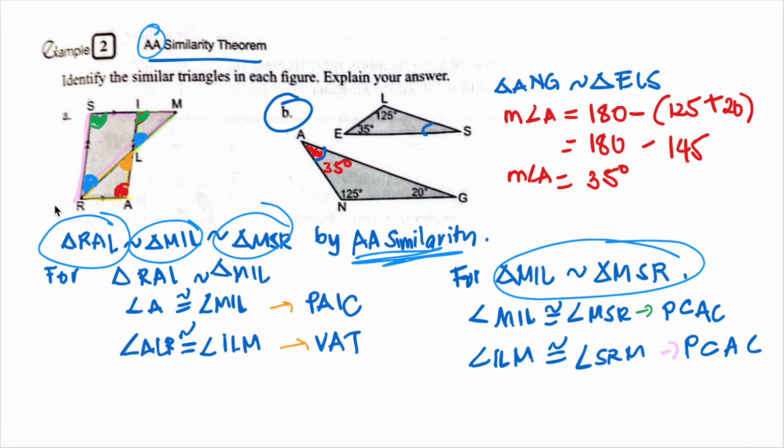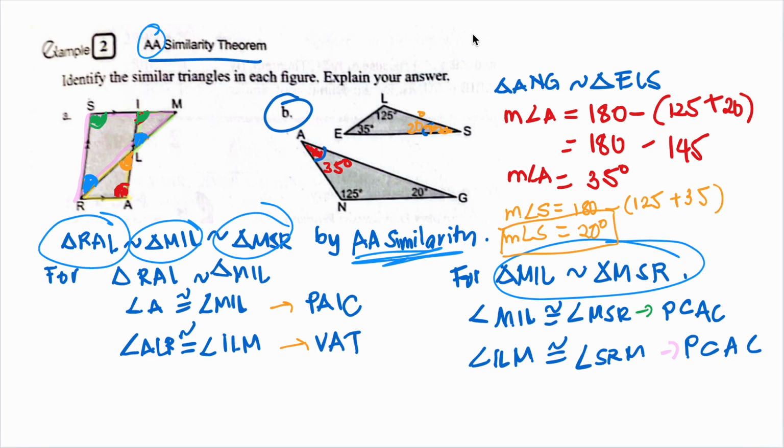Finally, for us to measure this angle that is missing, we should apply the same method. So the measurement of angle S is equal to 180 minus 125, which is given here, plus 35. When you simplify this, 125 plus 35 is 160, and the answer would be 20. So this is the missing angle, the measurement of angle S. This one is 20.